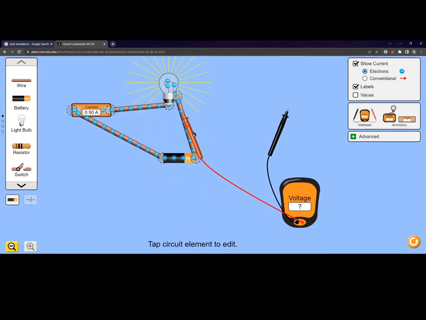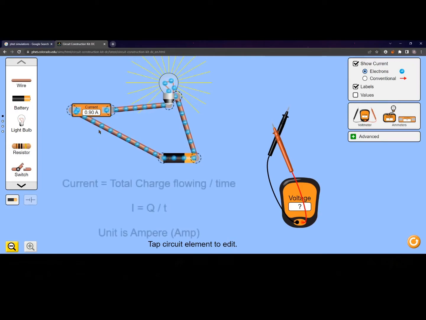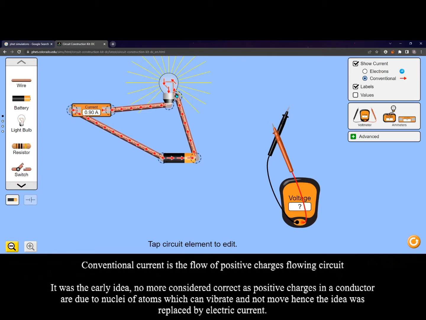Now as you can see, these moving charges are the electrons, and this is what you call current. Current is actually the amount of charge flowing through a conductor in a specific amount of time, and that is measured in amperes. So if I just change this option, show current, I put it to conventional current. Now this is showing you the direction of the conventional current across the battery. Now remember, this is the positive terminal and this is the negative terminal of the battery. Let's turn it back to the electrons, the usual current that we use, and also it will tell you